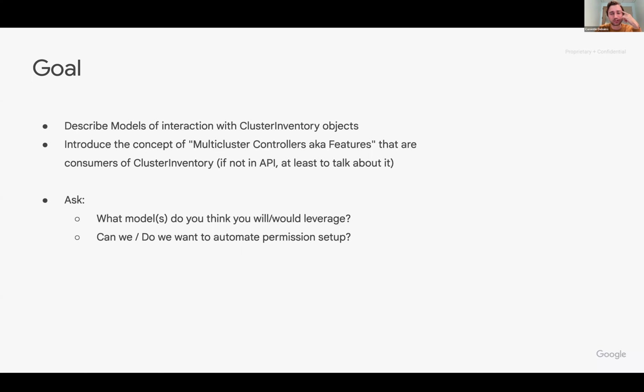I say multi-cluster controls, aka features. I work on GKE, so we call them features, but multi-cluster controls is effectively what they are. Those would be the consumers of that cluster inventory. And especially I want to look at the models and what the permissions look like for those models and how